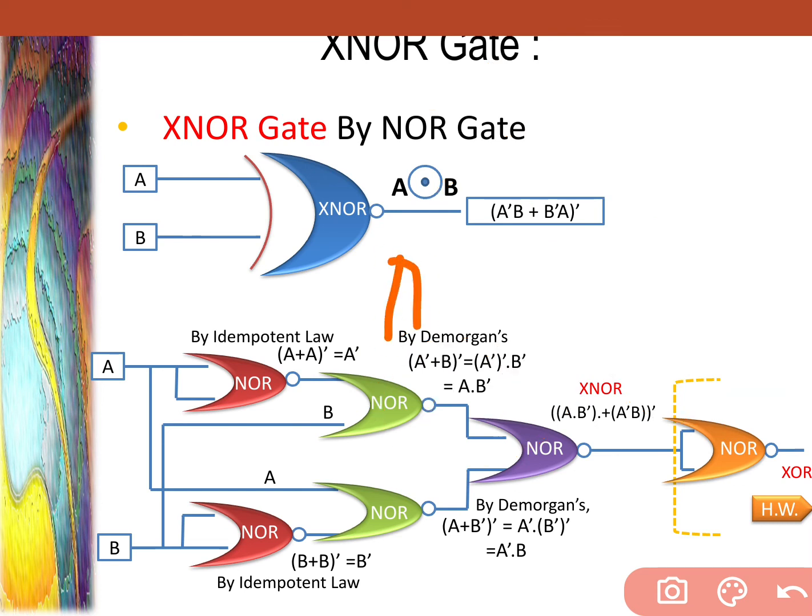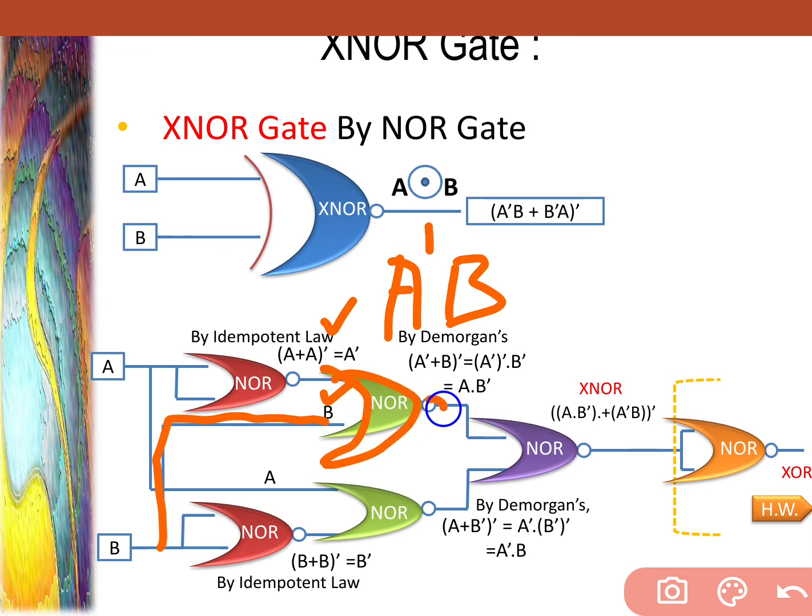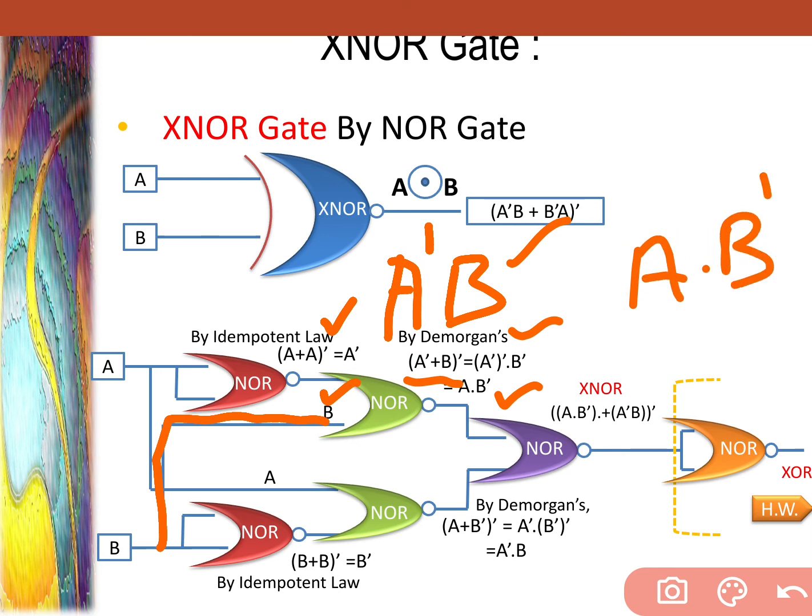We have to concentrate on A dash B. See, A dash in this way. And B, simple B we want. That's why we are having simple B. We have to circulate it with a NOR gate. Then we are getting this. See, A dash plus B whole dash. If we apply De Morgan's law, we are having A dot B dash. What we want, we are having, but in a different format. We are getting this. We want this.